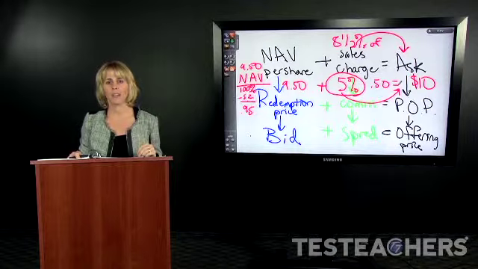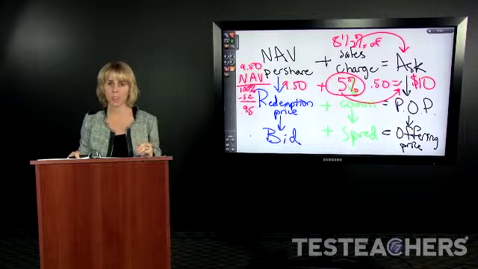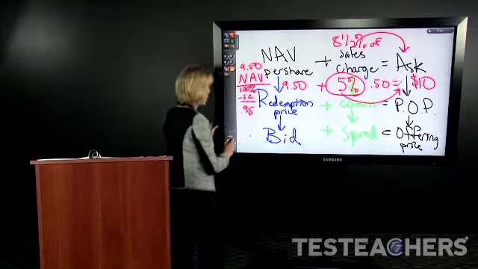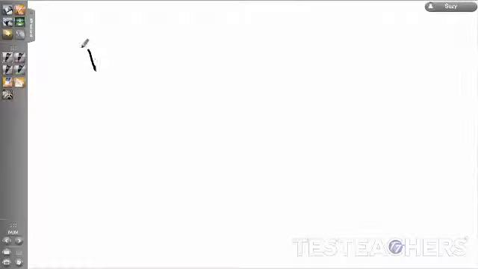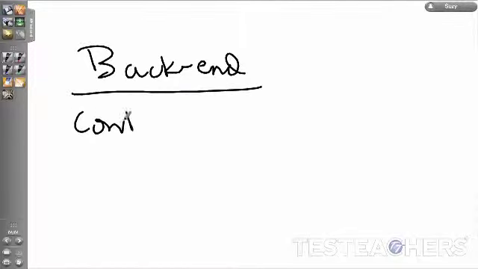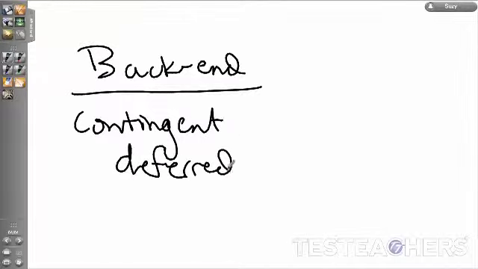The examples so far that I've used have illustrated a front-loaded sales charge. Sometimes the sales charge is a back-end load. Back-end load we sometimes call a contingent deferred sales charge. Now, we're still going to have the rule, the maximum sales charge that it can be is 8.5% of the ask. Anytime an investor buys a mutual fund that has a contingent deferred sales charge, it must say that on the confirmation. So they're basically buying at bid equals ask,